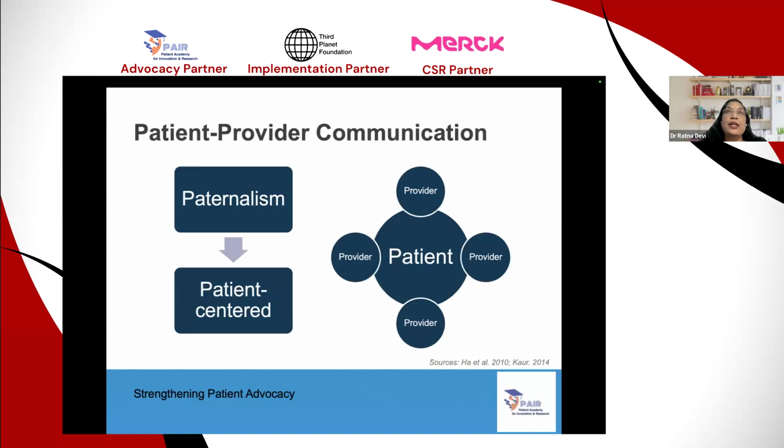So most of the basis of patient engagement or patient advocacy is derived from communication. Usually, traditionally, the patient-provider communication is very paternalistic, where the patient is the recipient of information, or is only a passive participant in the communication process. The patient is not at the center, though what happens in a traditional setup is each of those healthcare providers is providing information to the patient and guiding and helping them, but the patient is not being given an opportunity